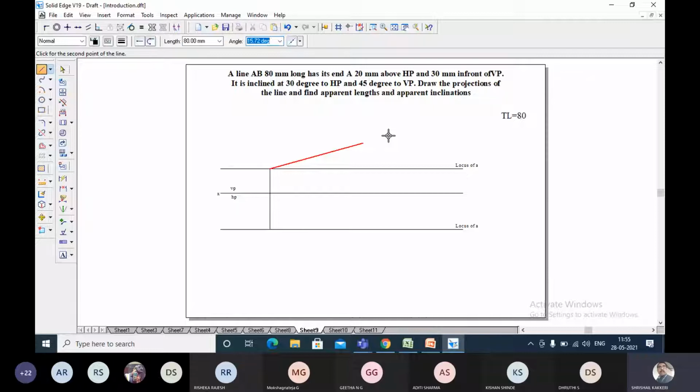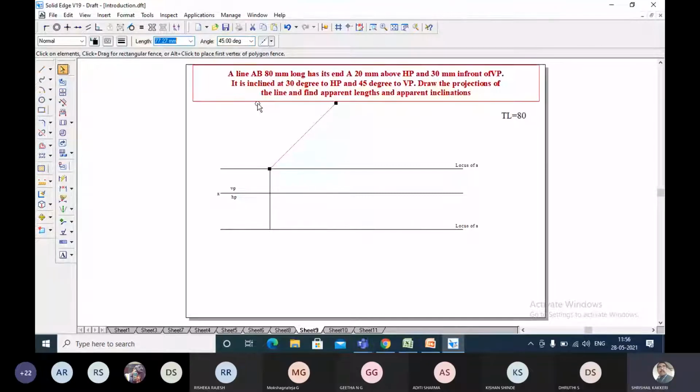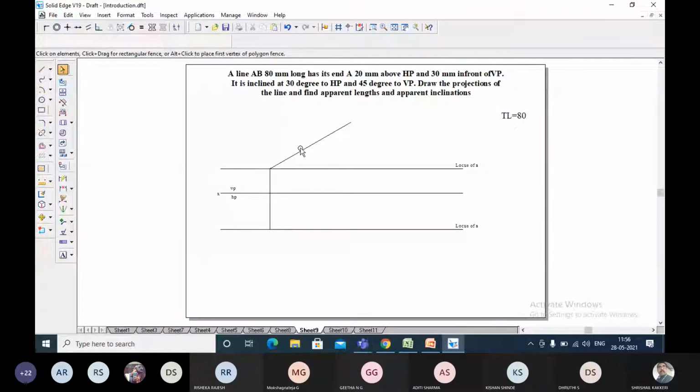For example, if it was supposed to be 45, you can make it 45. You understood my point. Now it should be 80 mm length and it should be inclined at an angle of 30 degrees. Once you get this, I'm going to locate